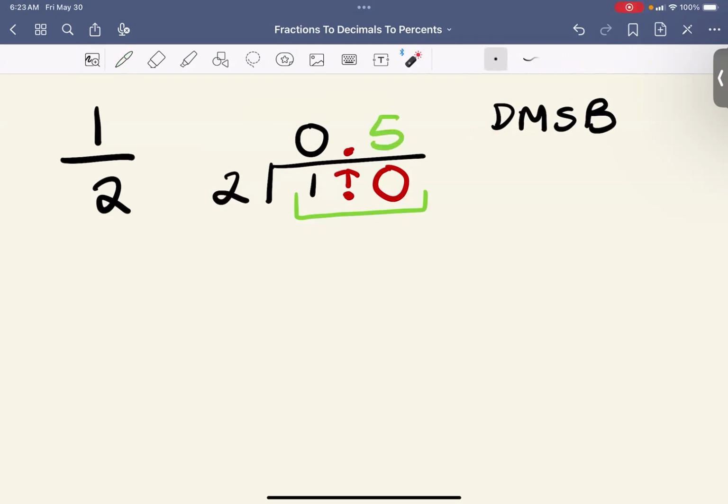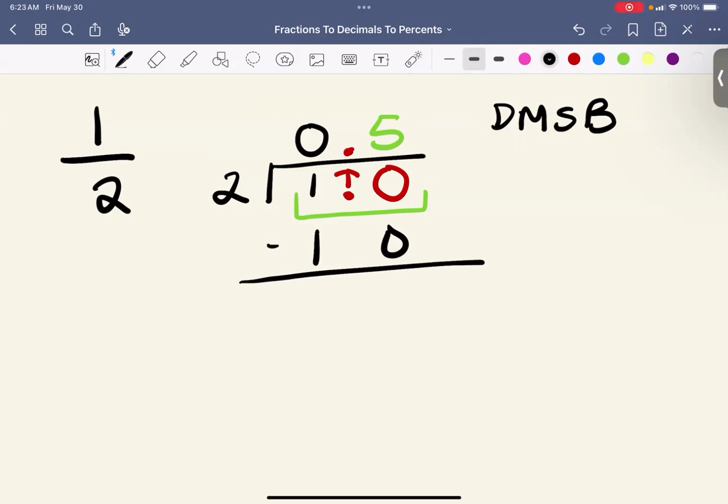So now I divided. Now I need to multiply. So 5 times 2 is equal to 10. So I multiplied. Now I need to subtract, and 10 minus 10 is 0. So 1/2 as a decimal is 0.5. But now I want to make this into a percent. So to change 0.5 to a percent, the rule is to make any number a percent,